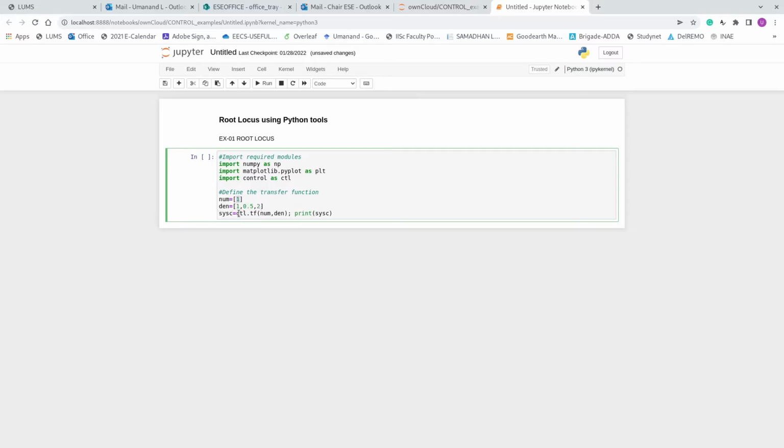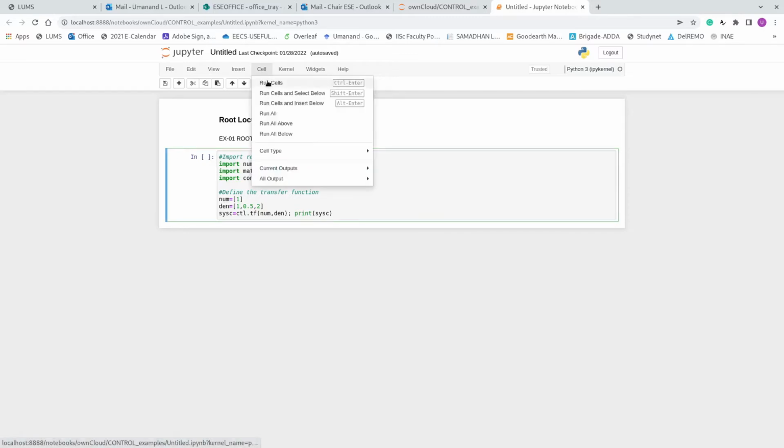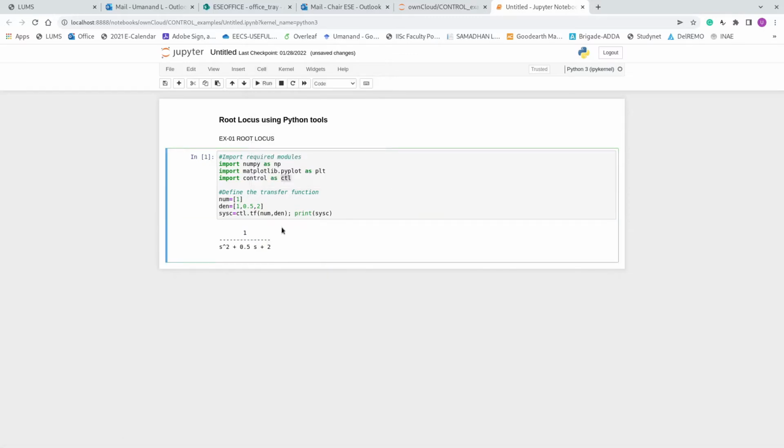And we convert using the control system toolbox ctl.tf the numerator polynomial and the denominator polynomial. Then you print that system. If I run that cell, you see that you get the transfer function 1 by s square plus 0.5s plus 2, as indicated by these polynomial coefficients.